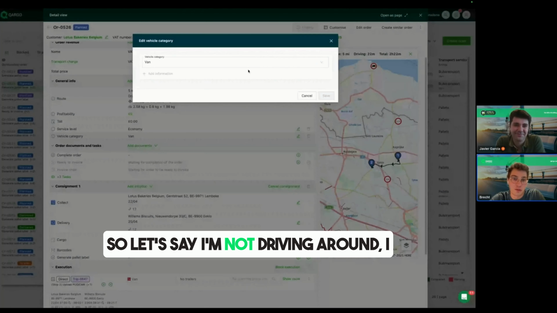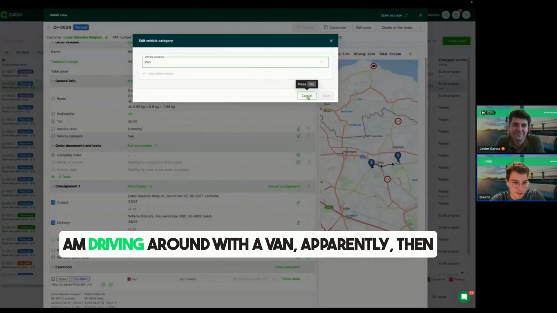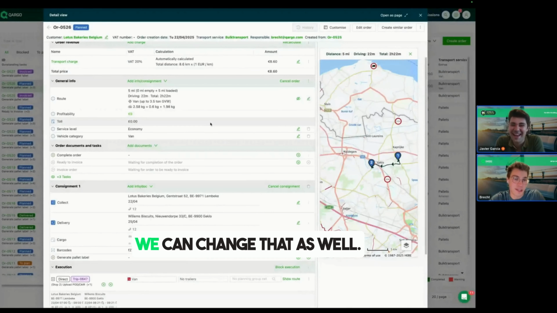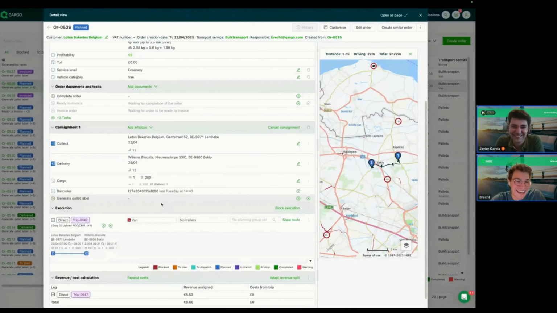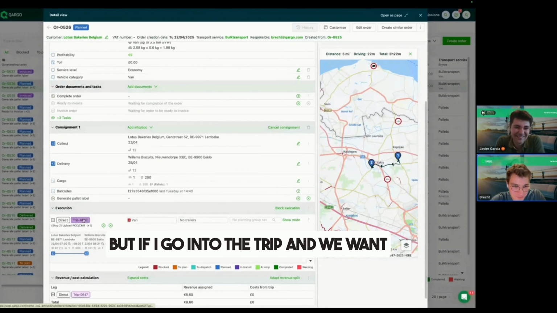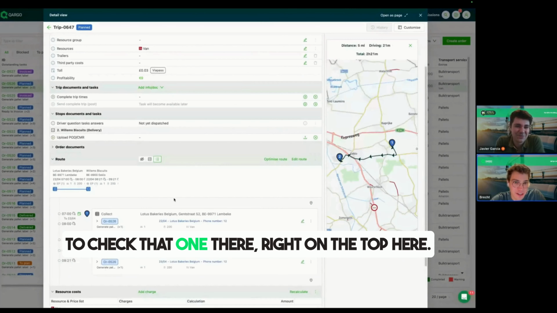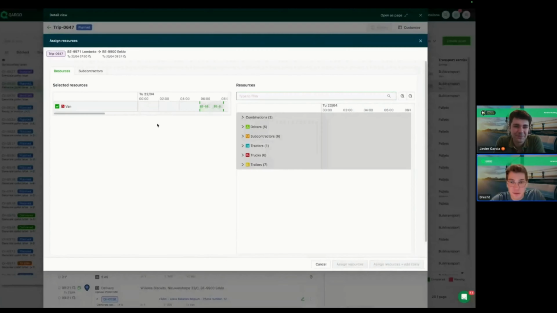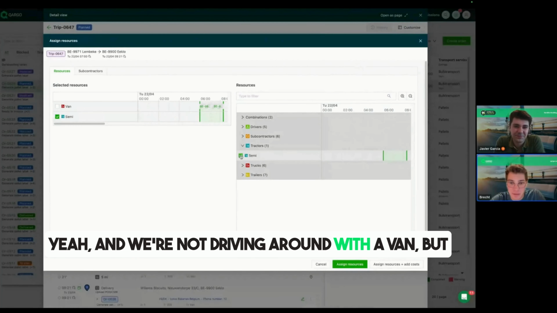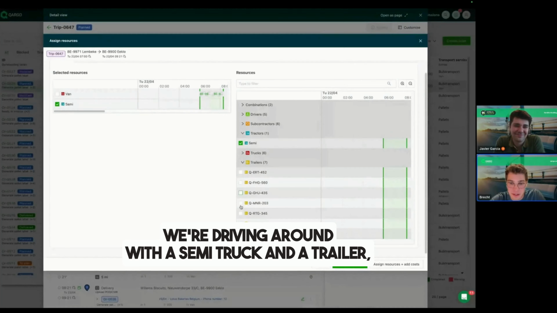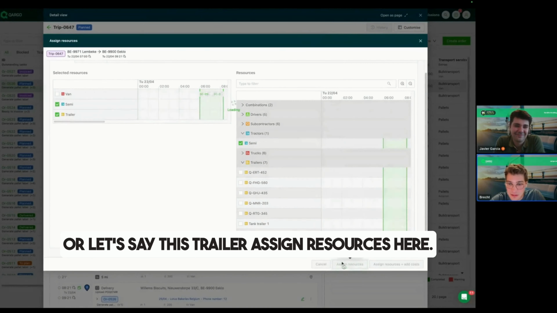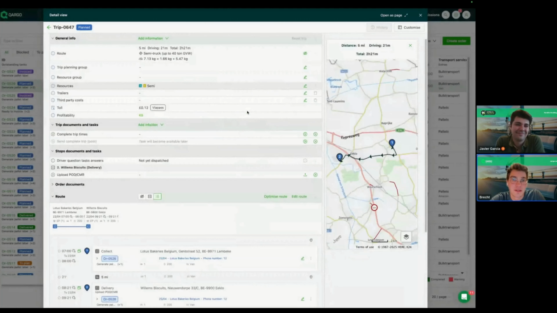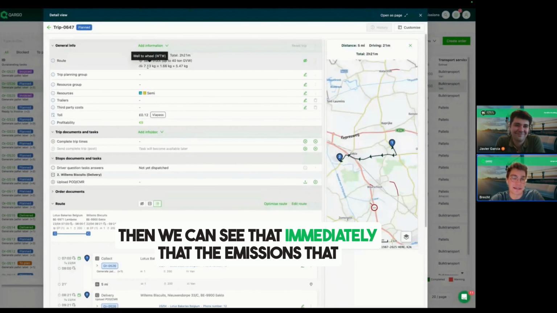So let's say I'm not driving around with a van, then we can change that as well. If I go into the trip, and we're going to check that one there, right on the top, Resource here. We're not driving around with a van, but we're driving around with a semi-truck and a trailer. Or let's say this trailer. Assign the resources here. Then we can see immediately that the emissions that are being calculated are a